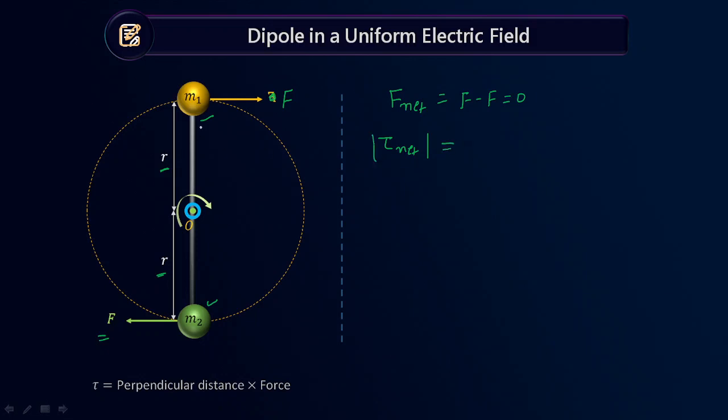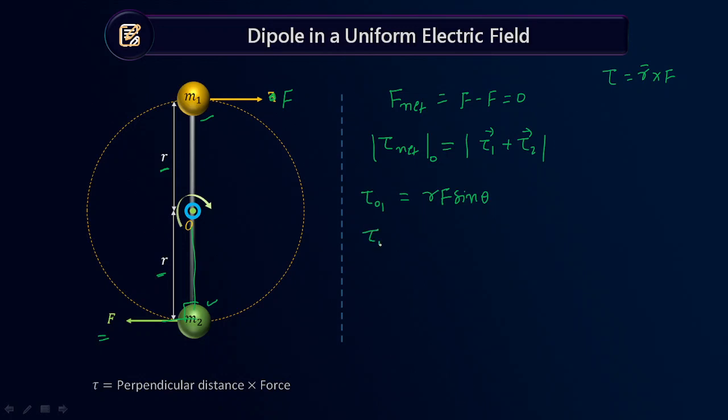No sir, it is not 0, because the direction of rotation due to both the forces is in the same direction, so they will get added, right? So it will be equal to torque due to the first force plus torque due to the second force. We are trying to find torque about O. So torque about O due to the first one will be R cross F, which is equal to RF sine theta. Hope all of you remember torque equals R cross F. Here R is the line joining the axis of rotation and the mass, and the force angle is 90 only, right? So RF sine theta.